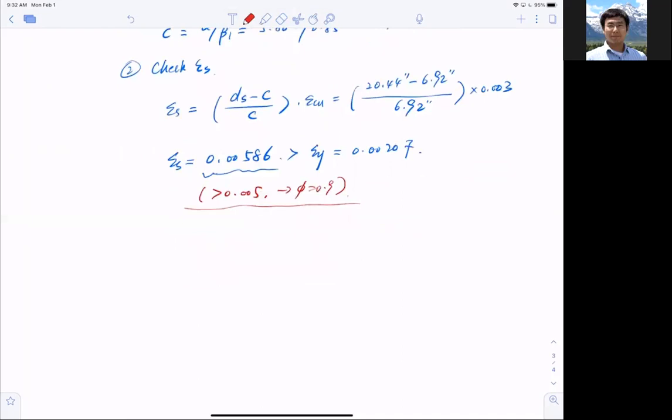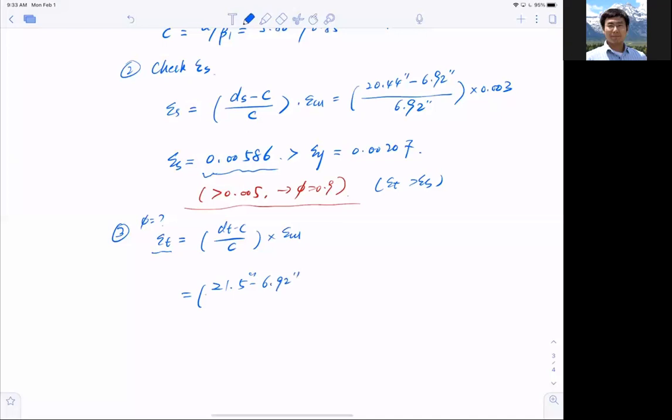You cannot determine that yet because in the next step, okay, I need to show that, right? Epsilon t, strain in the steel last layer, right? To check phi, I need to use this, right? And that is dt minus c divided by c multiply epsilon cu. Okay, because the last layer is deeper, so this number always ends up bigger than epsilon s for sure, right? Always the case. So 21.5 inch minus c, now 6.92,